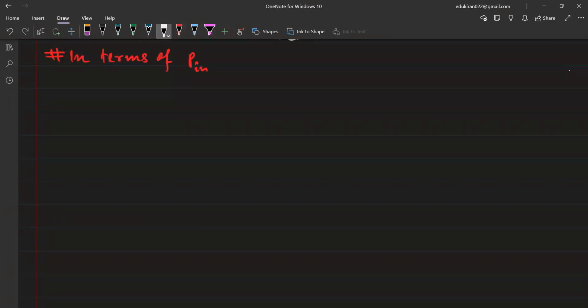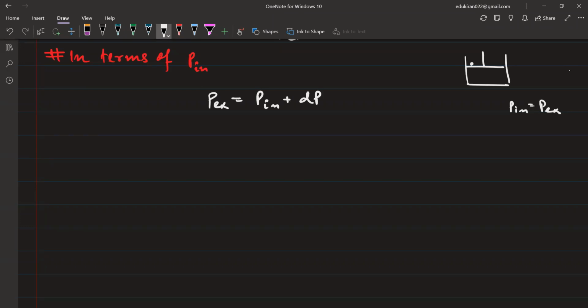So see here, this is my piston. Okay, initially P internal was equal to P external. Okay, now we have added one grain of sand here. Initially P internal and external were the same, now external has become greater. External is greater than P internal by a very small amount. So now the new P external will be equal to P internal plus dP, that is added by one grain of sand. Okay, dP is the small pressure that is added because of this one grain of sand. Now we have